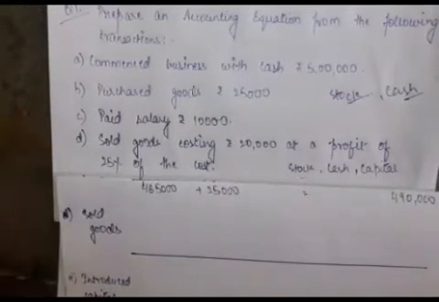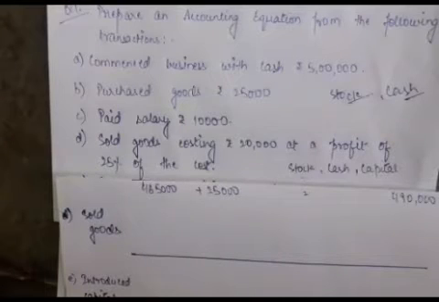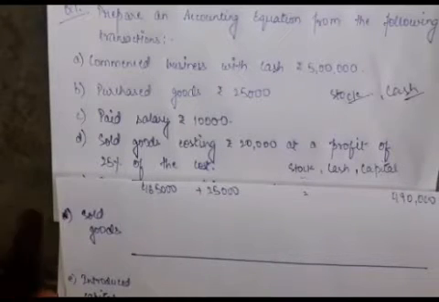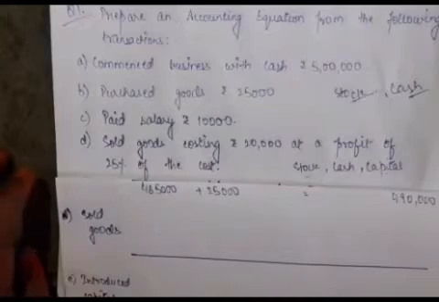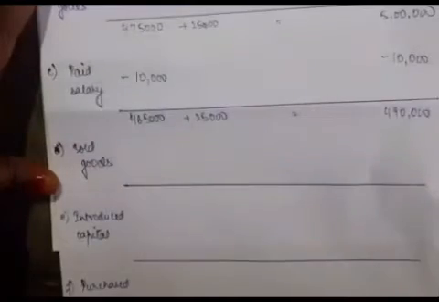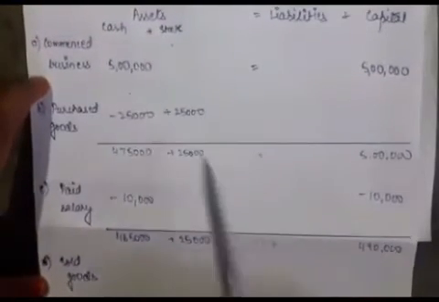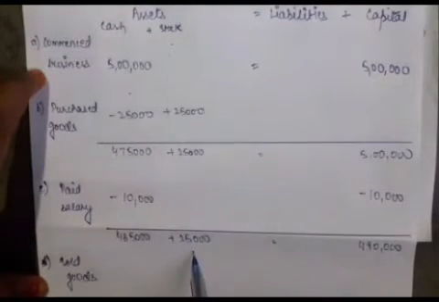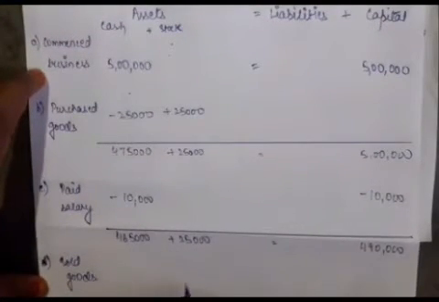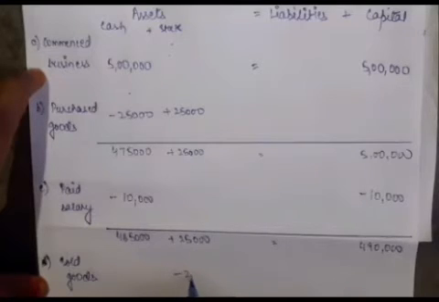So here three things are involved: stock, cash and capital. So let's see now what will happen here. We are selling the goods and the cost is rupees 20,000. It means if we talk about the stock, then the stock we had is of 25,000. Here we are taking the column of stock, so stock we have 25,000. So what we will do here, we will just deduct 20,000 from here.